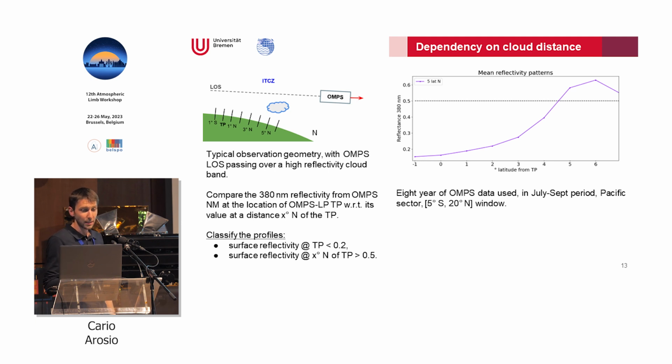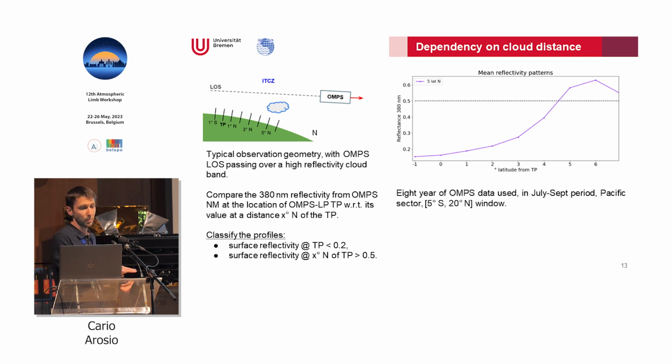So we analyzed the surface reflectivity from the OMS Nadir mapper to have a better resolution, and we tried to classify the ozone profiles, requiring the tangent point to be clear, so a low reflectivity, less than 0.2, and we were looking for profiles that have a high reflectivity at some degrees north with respect to the tangent point. So we took into consideration 8 years of OMS data in the July-September period, because we saw this